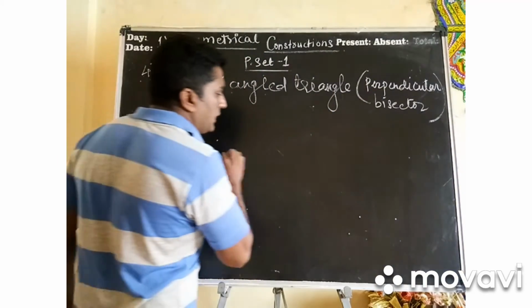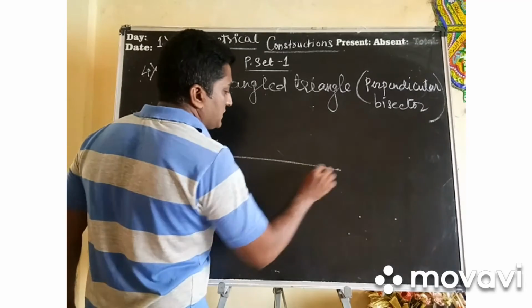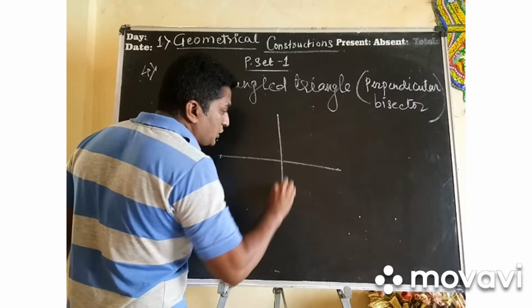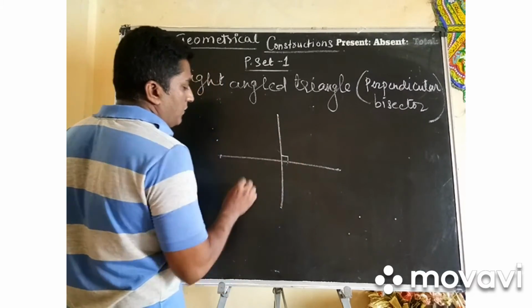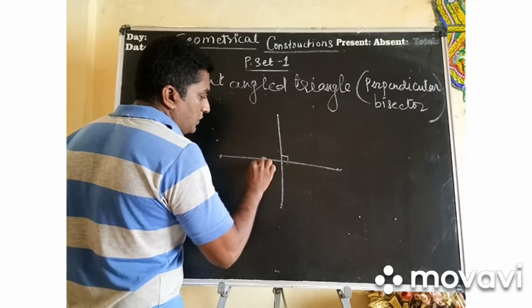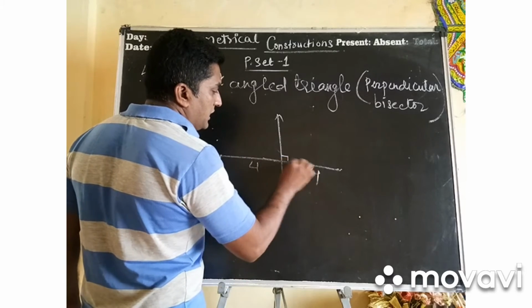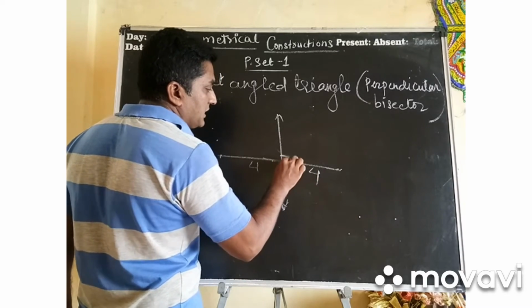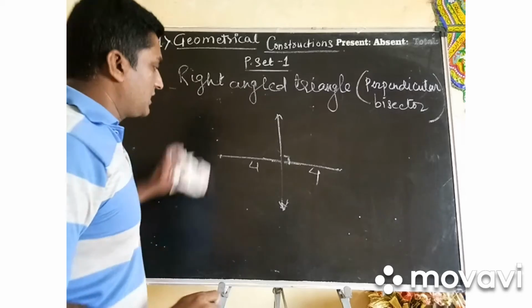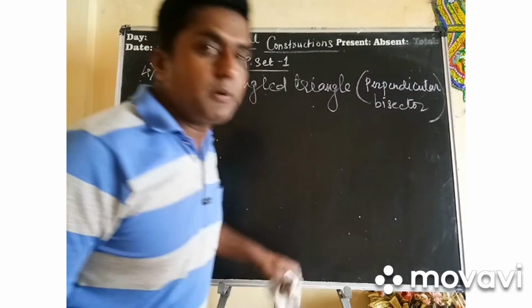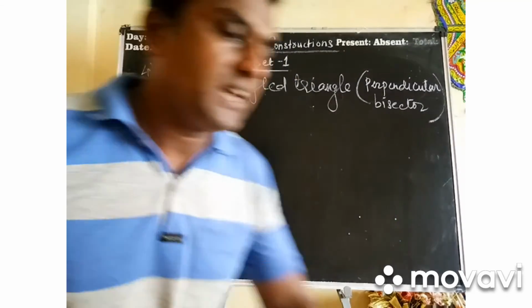Now see how to draw a perpendicular bisector. Perpendicular bisector means what? A segment is there, and when any line cuts it from the center, for example, if this is 8, then this will be 4 and this will be 4, and this line is cutting the given segment at 90 degrees. So this is called a perpendicular bisector. So let us find out 3 perpendicular bisectors of a right angle triangle.